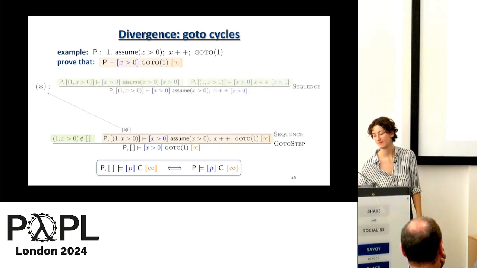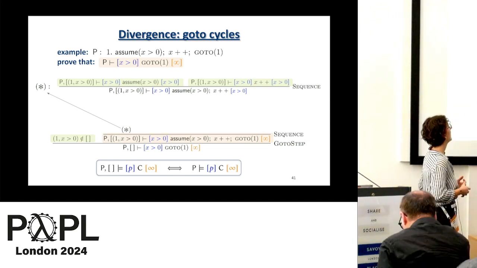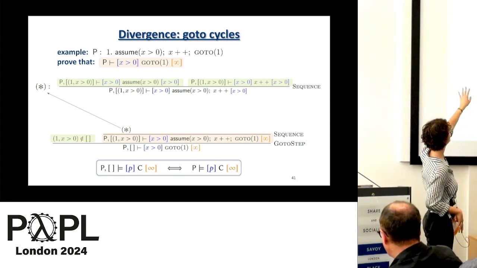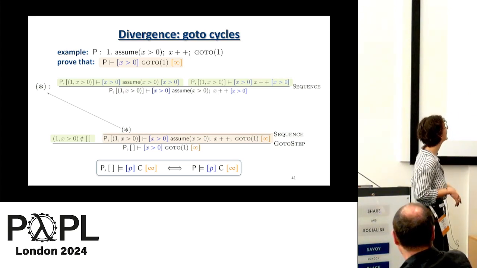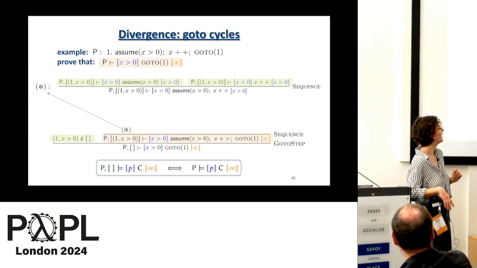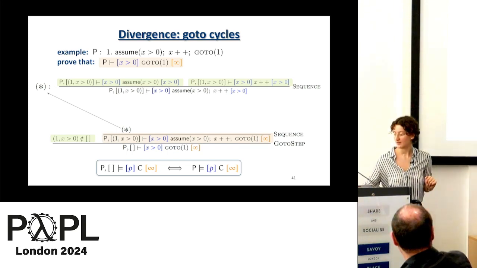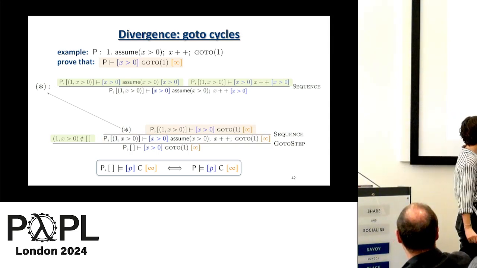This is the sequence, so we go through them. The first 2 bits are quite simple. I have excluded the rules for assume and increment that actually do it because the slides are only so big. But I'm sure you agree with me that these two triples in green hold. And now we're in a place where, again, we're still in the assertion x is positive. It's a very simplified example, indeed.